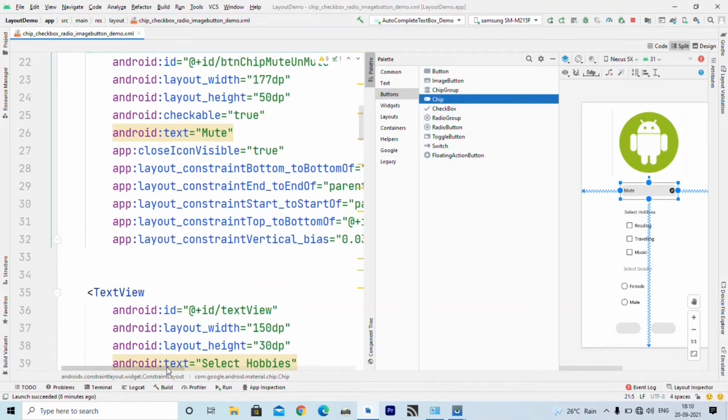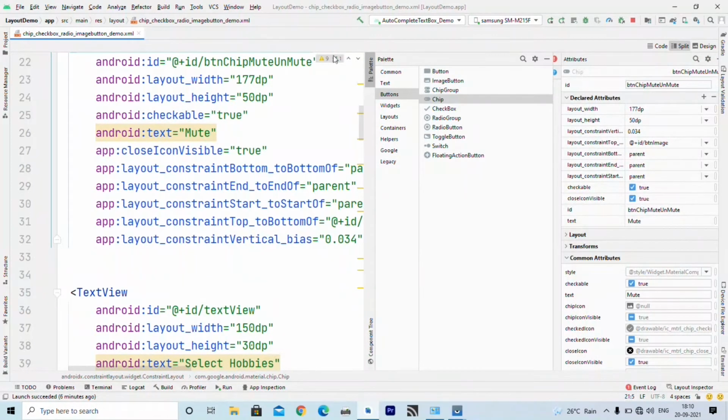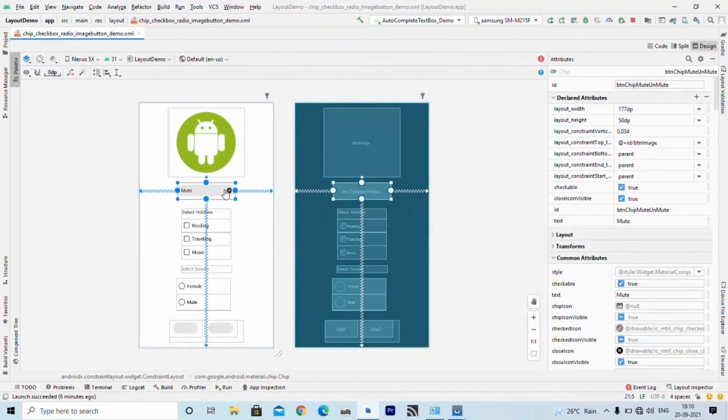my style is normal. So, this is called normal chip, but if you go to attribute you will see that for these chip I have set checkable to true. So, I can check or uncheck that chip and here close icon is also visible.